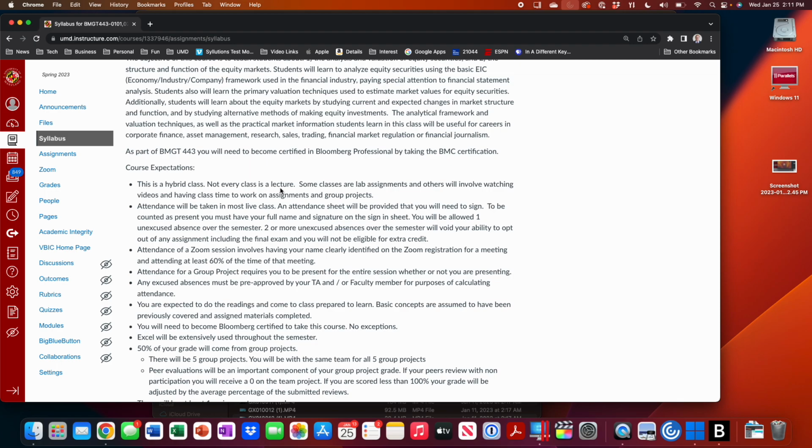I will also tell you from a grading standpoint, generally what happens is most people either get A's or D's and F's. I get almost no C's and very few B's because the way it works is you are graded on every individual assignment and you accumulate points across all of the assignments. So if you don't do those assignments, you're going to get a very bad grade. And 50% of your grade are 5 team projects. And if you don't participate in those 5 team projects, you will not be able to pass this class.